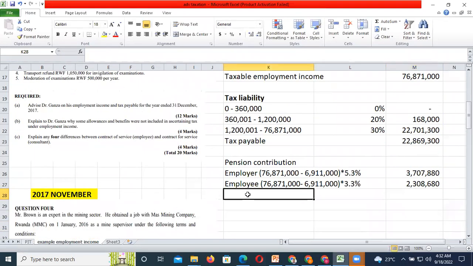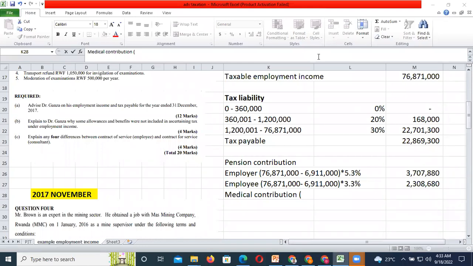Now I can also compute the CBHI, the community health based insurance, which is going to be 76,871 minus the pay, which is 22.8. I need to compute the medical before computing the CBHI. The medical contribution for the employee, I'm only going to compute it for the employee. Medical contribution is going to be, because we compute it on the basic salary, so I think pension was not required. My friend,